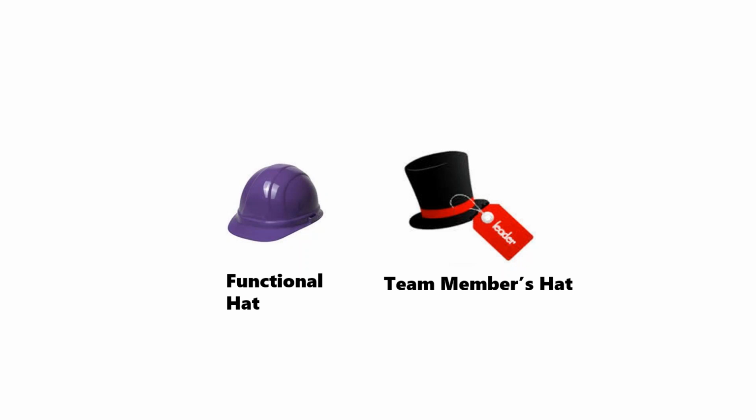So that second hat is the most challenging of the two hats. But if you're looking at developing a high-performing team and you've just got a bunch of individuals that come together and just do their job, and they really don't care about the general output of what happens as a team, then of course you've got problems. So what I'm trying to do here is help you develop that team member hat, which I think is very, very important.